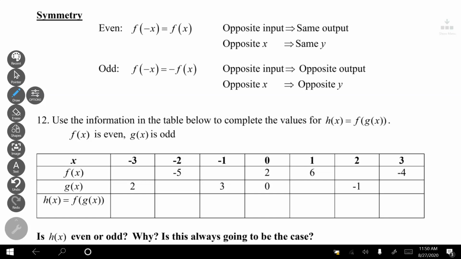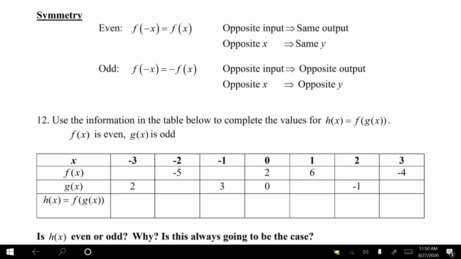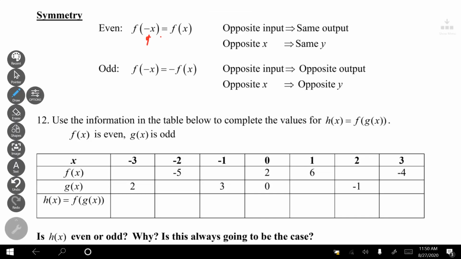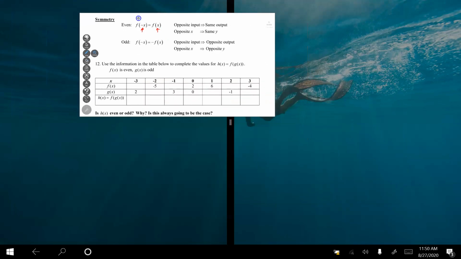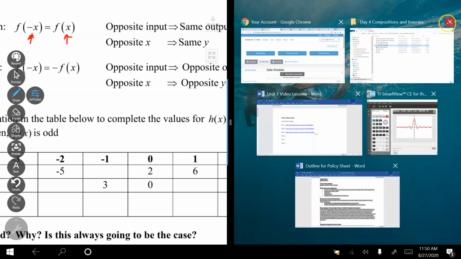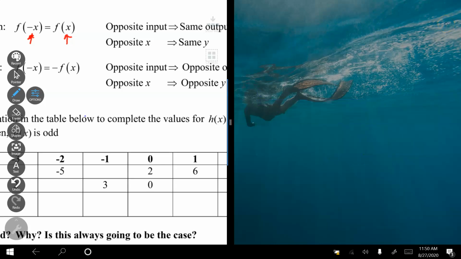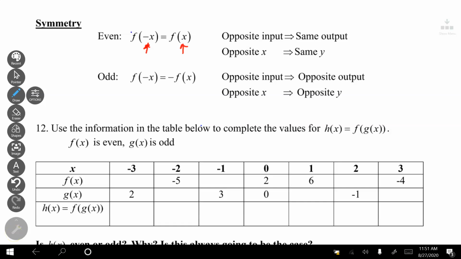We did talk about symmetry the other day, and what's the difference between even and odd symmetry. One way is by looking at a graph, but another way is, you can look the same with tables or with equations. The idea is that if you notice here, one is a positive x, one is a negative x. So I have opposite x's. Let me erase that. I have opposite x's, but